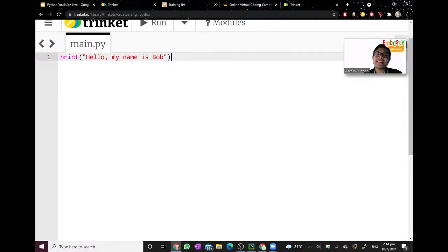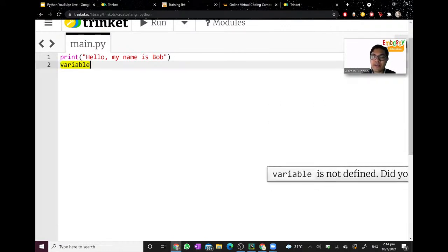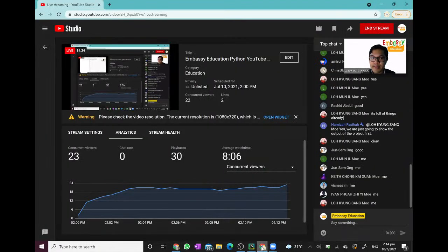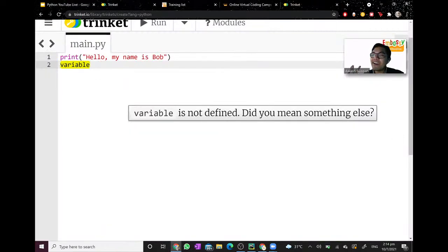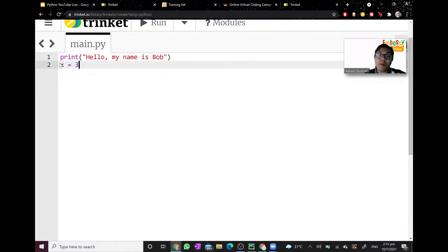Next, let us learn what is a variable. Okay? So who here has heard of a variable? Anyone heard of a variable before? Good, okay, yes. So don't worry if you've not heard of a variable before. A variable is basically a name that we give a value to. For example, if I write x equals 3, it basically means I created a variable called x and gave it a value of 3. What this means is currently, this x variable equals 3.